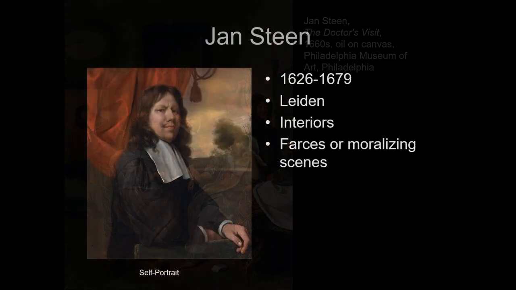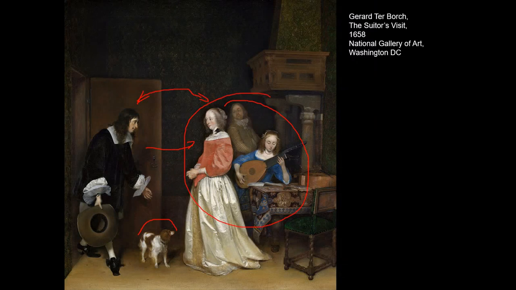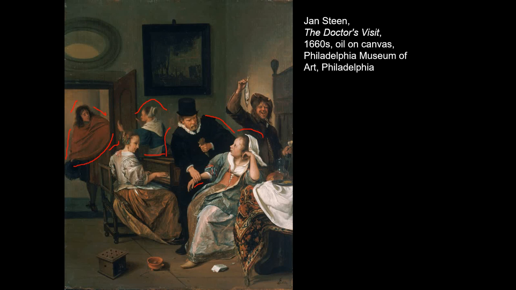Now, in this case, the scarlet is probably a reference to sex. Notice that in the painting of Ter Borch, scarlet is always used to kind of highlight implications of sex. This woman is surrounded by a scarlet bed. This woman has a scarlet bodice, so you get a sense of it. So scarlet here probably means something is going on. But the thing that absolutely throws people off is this character in the background, who just seems like some crazy uncle that wandered into this scene.